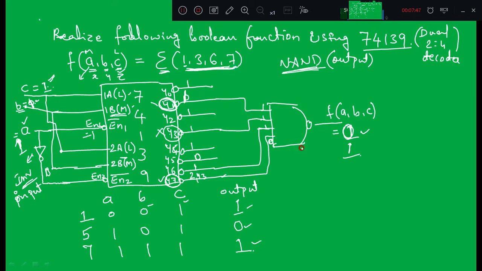So I hope you understood this diagram and analysis of this circuit. Okay, in the next slide we will discuss one more example. So I'll directly draw the circuit, and the analyzing part I'll leave it to you. Okay, so you try to design along with me when you are seeing this video.